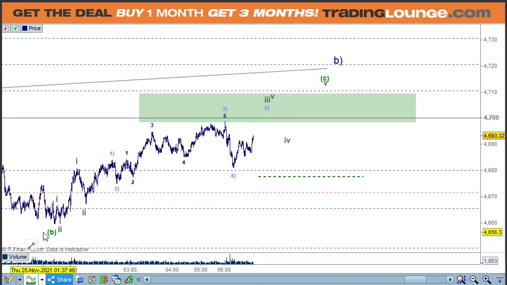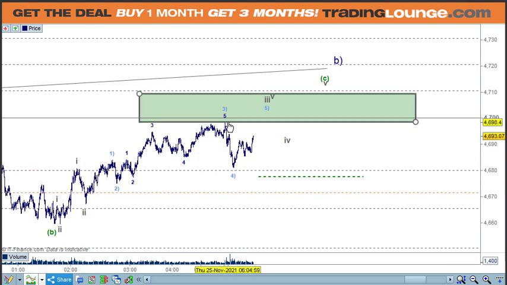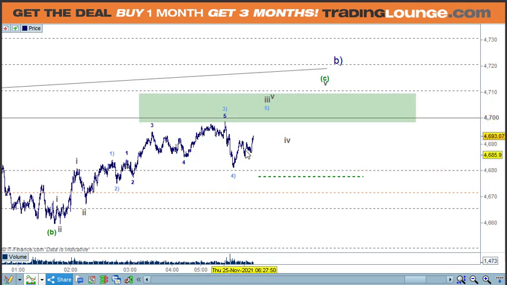So from the low here, I've got this 1 and 2 in here, but I'll come back to that. The count I was looking at was 1 and 2 here, right? And then in light blue, we need 5 waves. So wave 1 here, nice impulse wave here, 2 here, and then 1 again and 2 here, and 3 and 4 and 5, the third wave, the fourth wave, and we're going up for the 5th wave here that will also be in 5 waves, so that will go up to here,